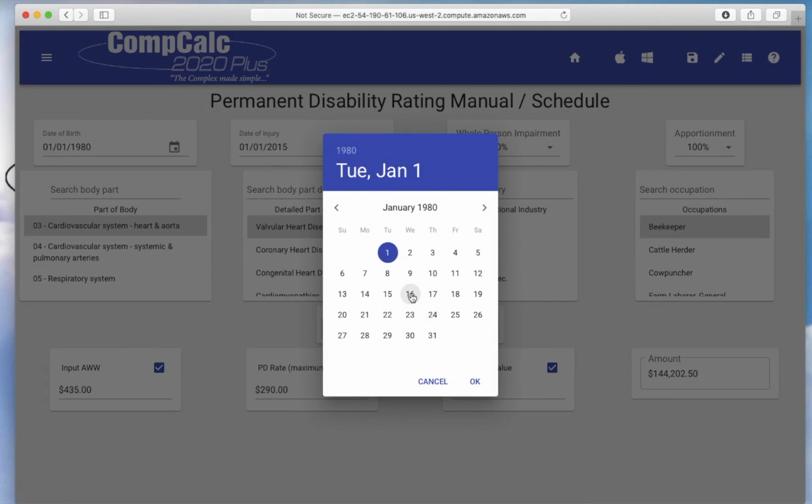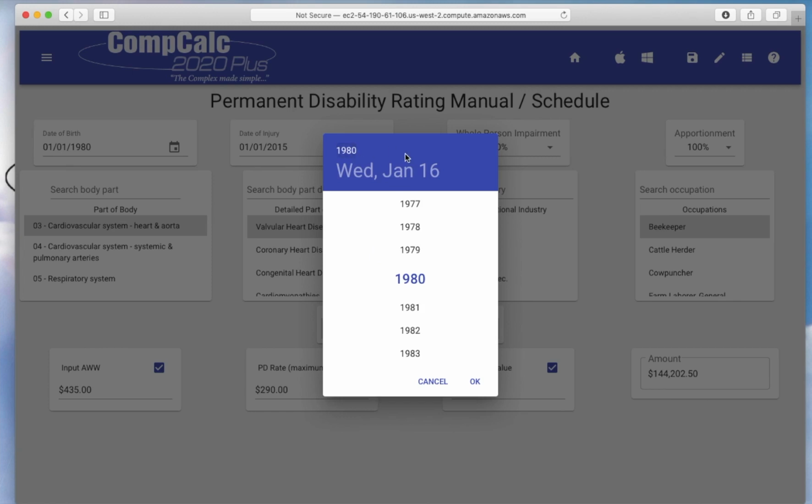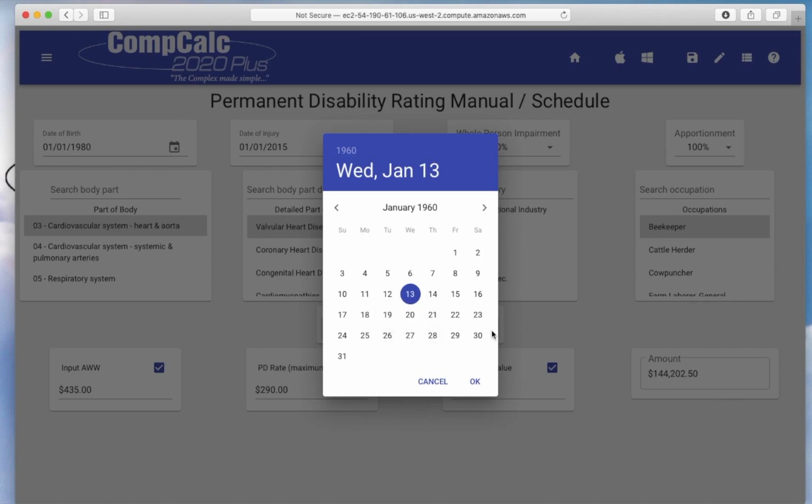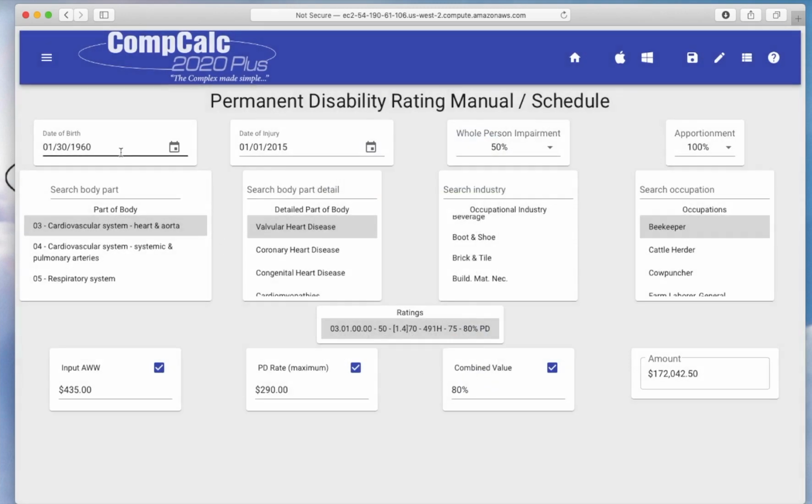calendar pad and just double click, and if you go up here to the year, we're going to say the date of birth is 1960. Okay, and I already have it on January. We're going to change that to January 30th, 1960. We're going to hit OK, and just like that, we just input it. Now you could actually just type that in if you wanted to. That would equally